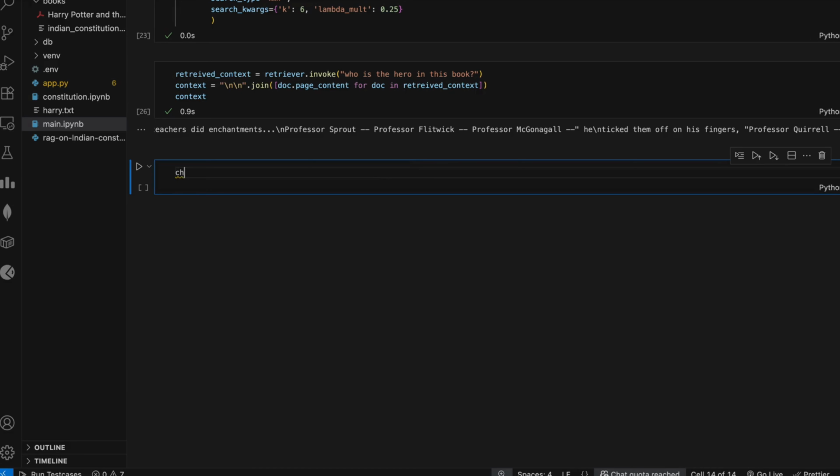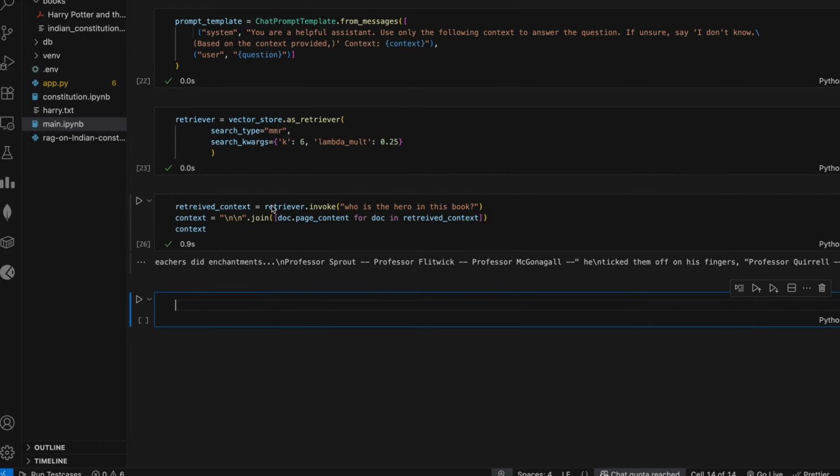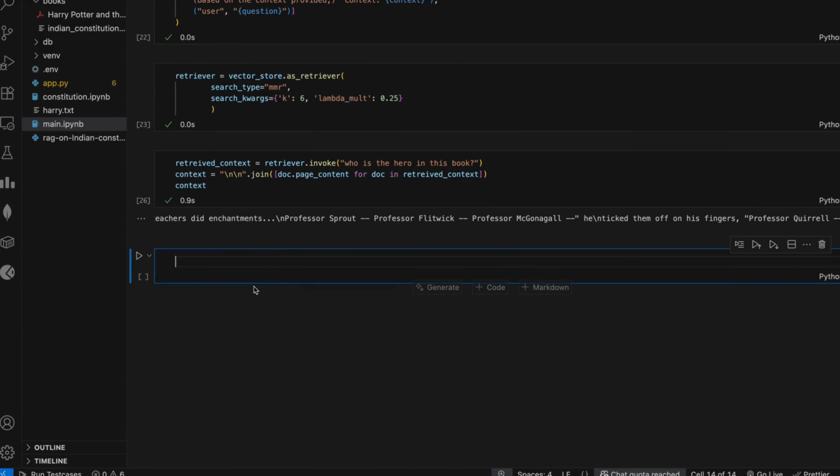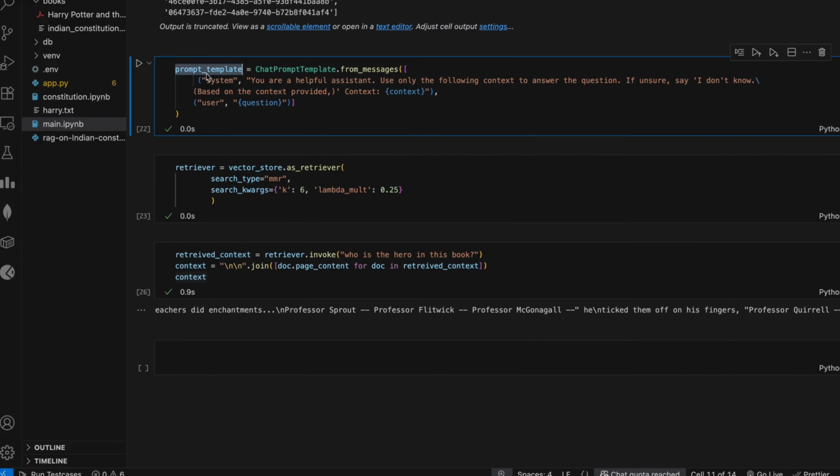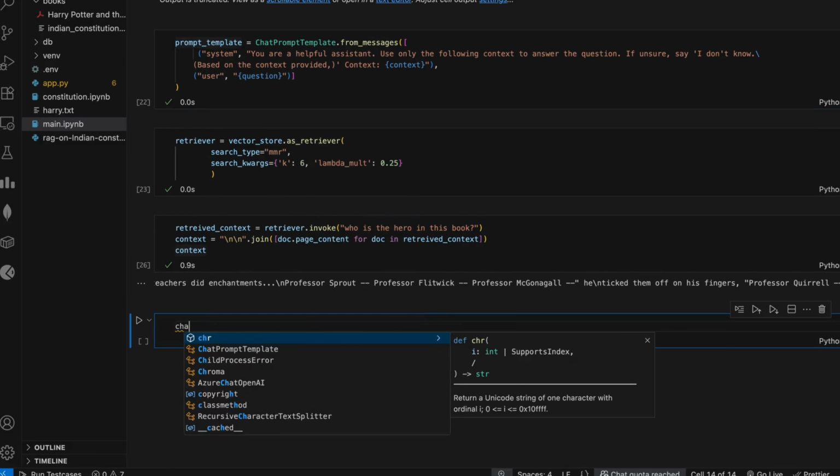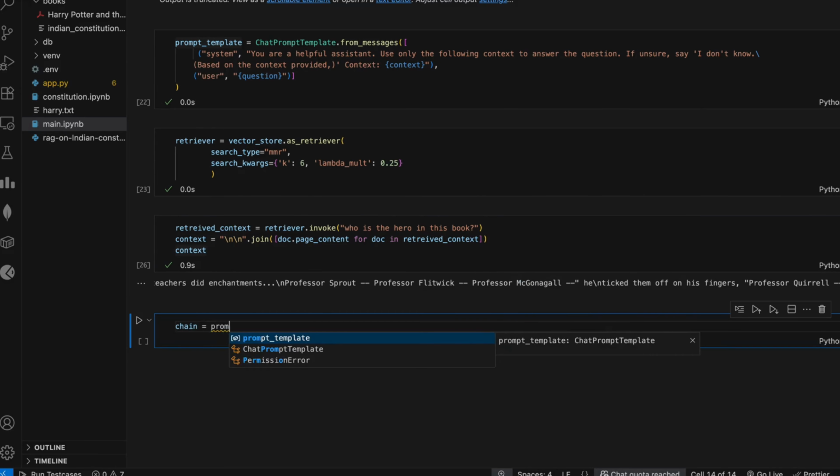Maybe chain equals, first of all we are going to use the prompt. We have created all of this, right? So we just have to pass this context with this prompt template. So create the chain equals prompt template, then we pass this formatted prompt template to the model, and then